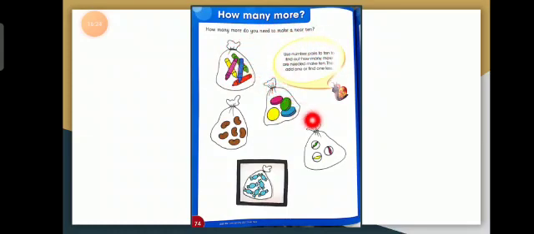Okay, can you see over here these bags? In these bags we have different objects. Can you guess if in each bag there are 10 or not? No. In this first bag we have how many crayons? 5. Here we have how many coins? 4. Beans are 6. Marbles are 3. Sweets are 7. These are not 10. So what will we do? We have to make it 10. Okay, let's solve all these parts one by one.